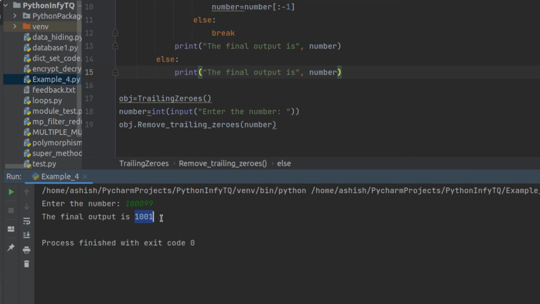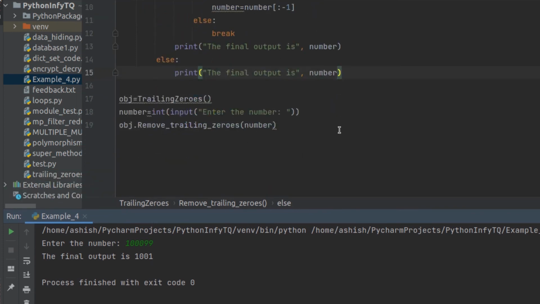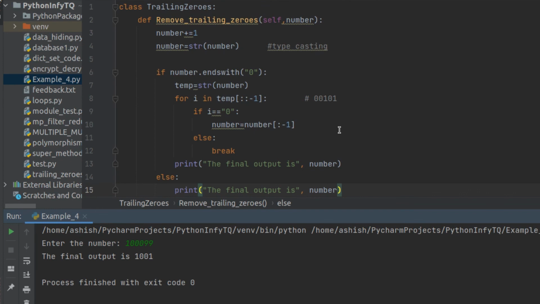Can you see 1001? All right, so this is the way you can use any logic, apply whatever logic you want to apply, and combine that part with the classes and objects so that you can get the problem solved. This is all that I have done in today's session, to ask the user to enter a number and to remove all the trailing zeros from there. I hope everything is clear to you, and now you have an idea of how you can ask the user to enter some value and combine that concept with the classes and objects plus the methods that we have inside the classes, and to call them and use them with the complete logic. This is all that I have shown you today.